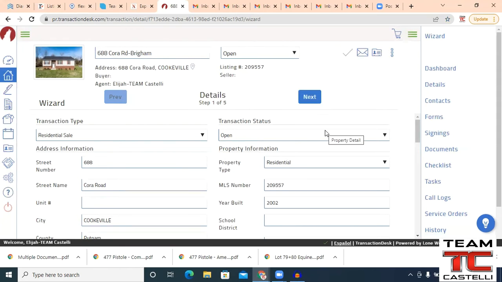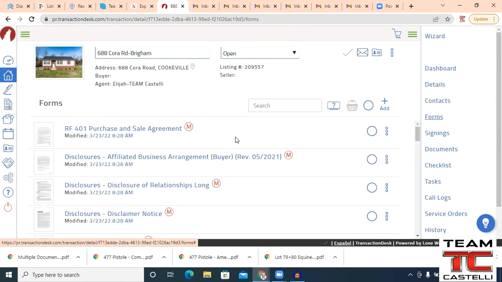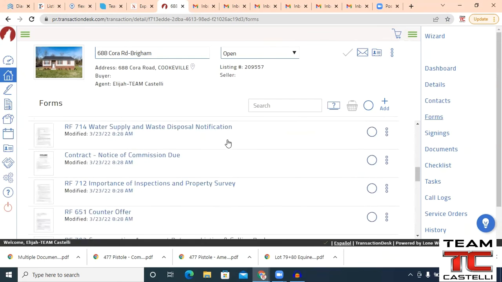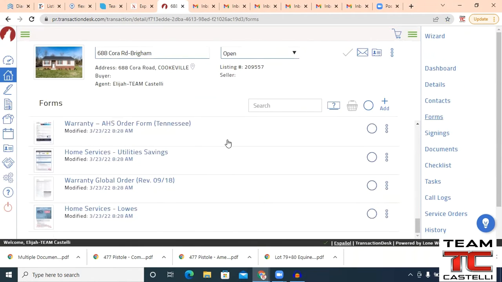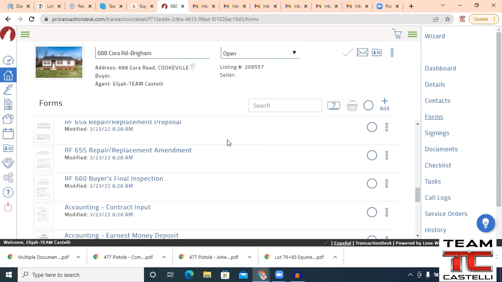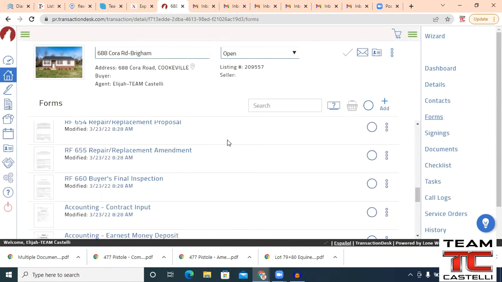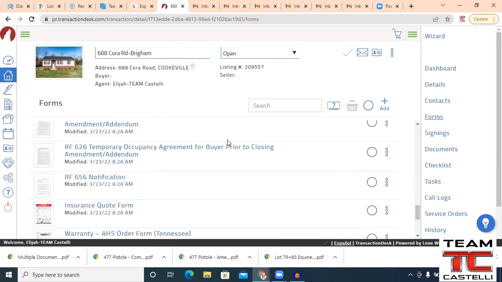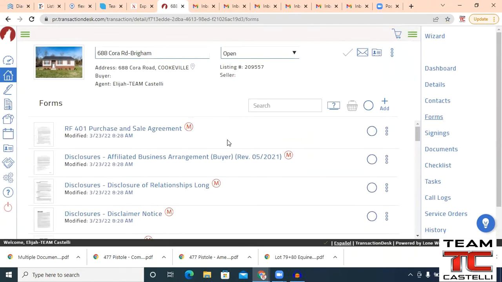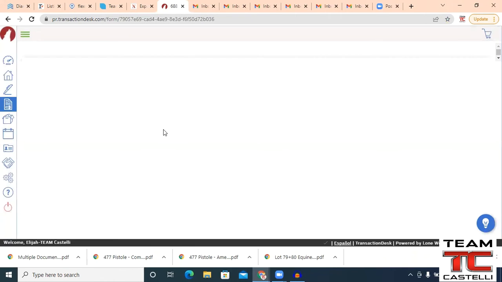The thing that I'm interested in at this point, if I'm doing an offer for this property, is I'm coming over here to where it says forms. When I click on that, all the forms that I need or could possibly need, well, I shouldn't say could possibly, there's a few that are not in here, but that you had to pull out separately. We'll discuss that later. But for doing a basic offer on a property, everything you need is here. So starting off, we have a purchase and sales agreement. If I click on that,